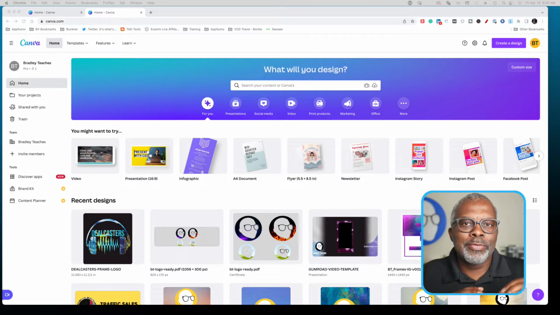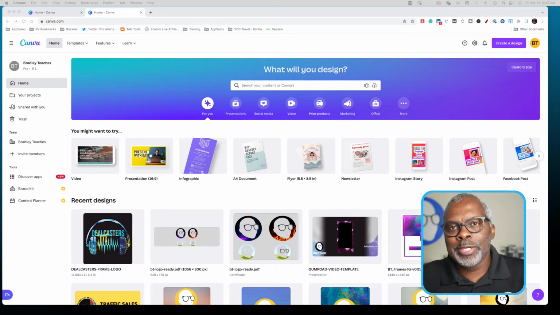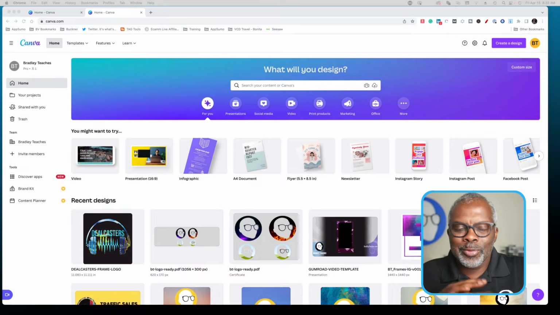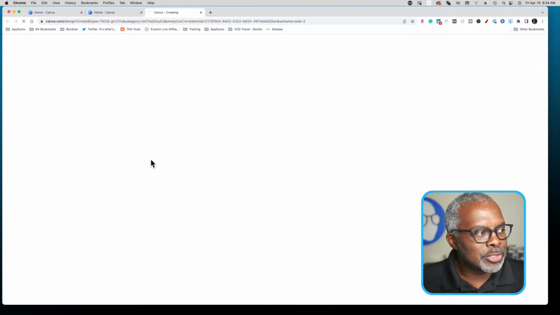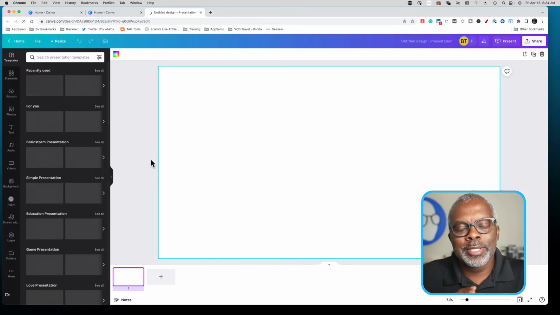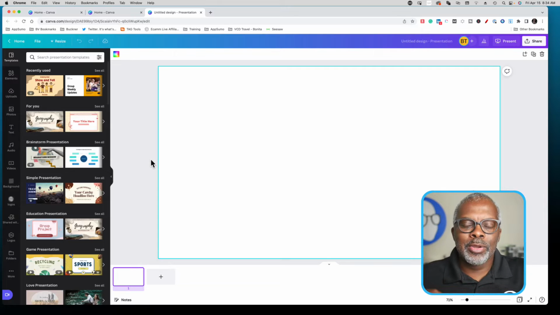how to do that text photo fill look with the stretched letters. I was going to wait till Monday, but why not jump in right now really quick and do a video for y'all. So we're already in Canva, so I'm going to go to presentation for this. Now it doesn't have to be the presentation. I just like using the shape of the presentation for helping me with my design, and you'll see that as